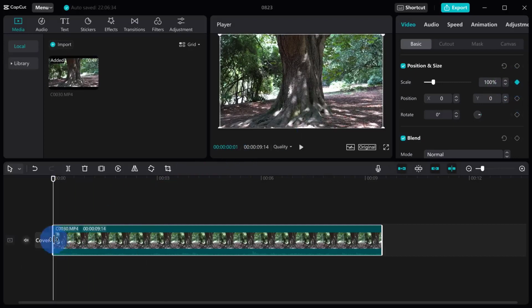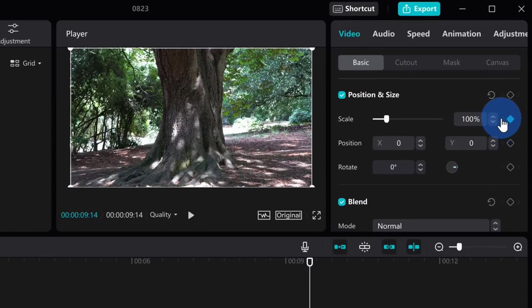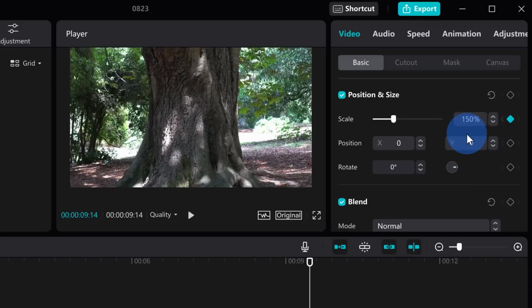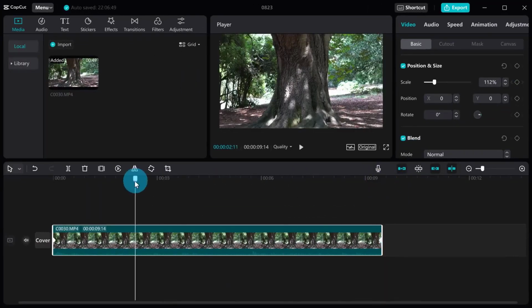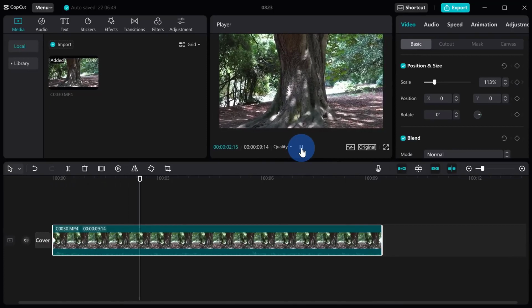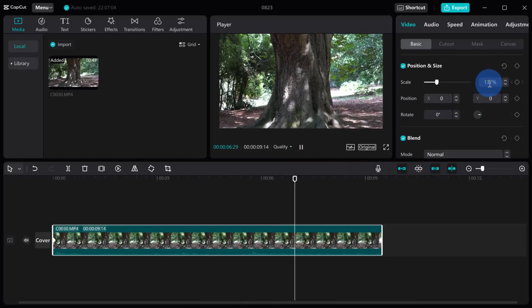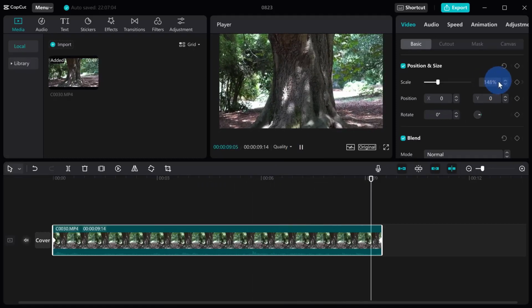For this one, I'll leave the scale at just 100%. Then I'll go all the way to the end of the clip. And once again, I'll click on this diamond icon. That inserts another keyframe. On this keyframe, I'll adjust the scale to, let's say about 140, maybe 150%. Now if I go to the very beginning of the clip and play it, you'll notice that it starts zooming in. So it starts at 100% scale, and as it approaches the second keyframe, it moves up to 150%